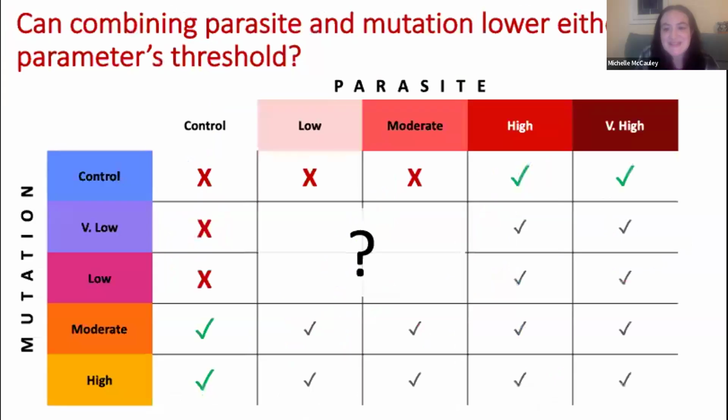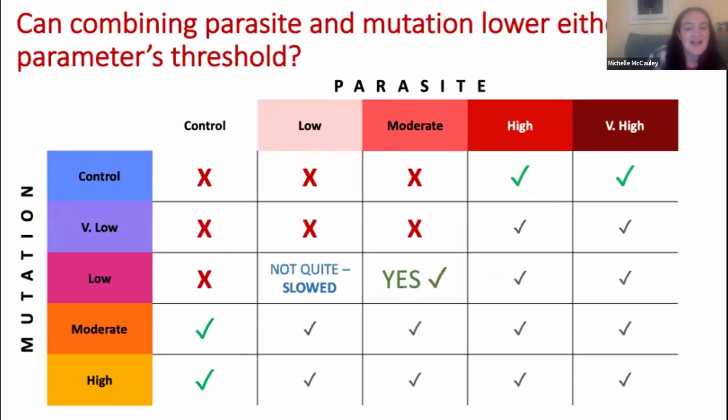All right, so bringing it back to our table, we found one combination which did slow a selfing invasion, and we found one combination that was able to completely maintain outcrossing across the experiment. And so by showing that a combination of factors can maintain outcrossing where one alone cannot, we open up this parameter space under which our various hypotheses for sex can function, which means we're one step towards explaining the prevalence of sex in nature.